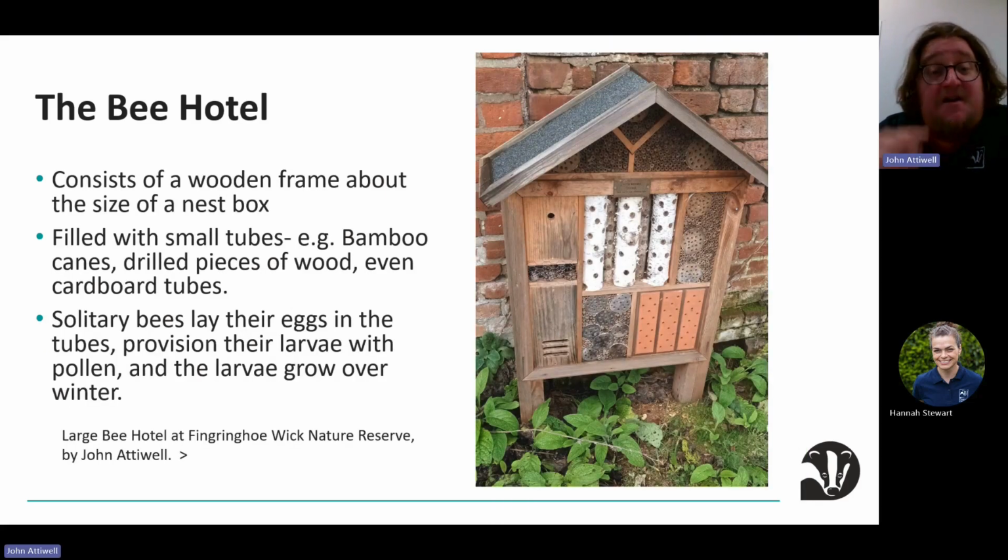And so this is quite a large bee hotel, incorporating bits of bug hotel into its design. And this is at Fingringhoe Wick Nature Reserve up near Colchester. And it really is well worth a look when you're up at Fingringhoe Reserve. It's well worth checking out this bee hotel, because it is absolutely buzzing with red-tailed bees, with red mason bees, and with various leaf cutters and tawny mining bees and all manner of rather wonderful solitary